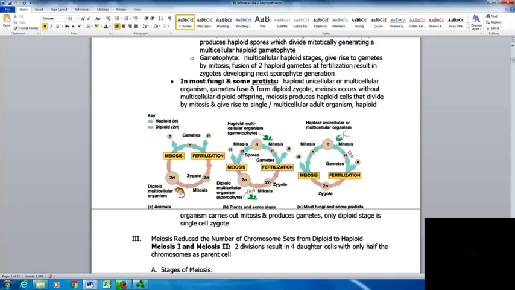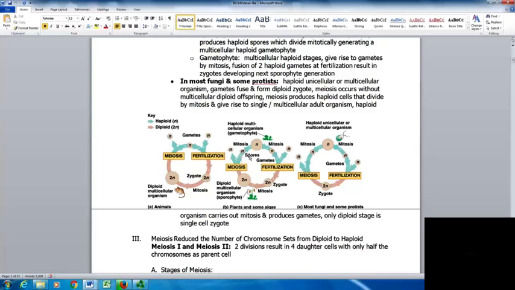Then they can undergo fertilization, having two of them fuse together, and then will form the diploid zygote that will immediately undergo meiosis again. With plants, they kind of take a little bit of both worlds. So a plant can undergo meiosis to produce